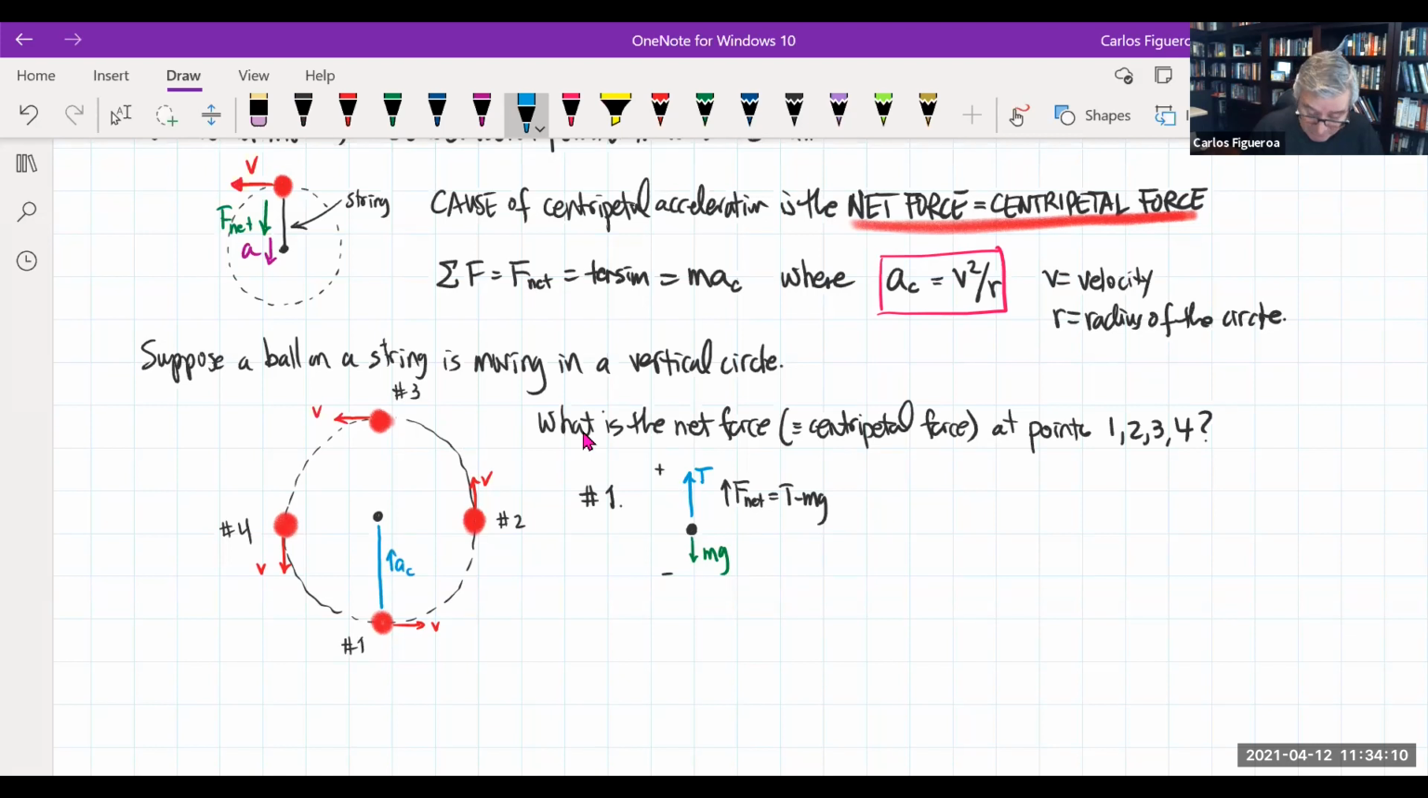So the question, what is the centripetal acceleration at point 1? Well, it's T minus mg. That's the net force on there. Therefore, that's the centripetal force here. And if I go to point 2,